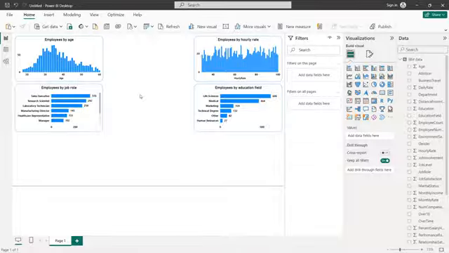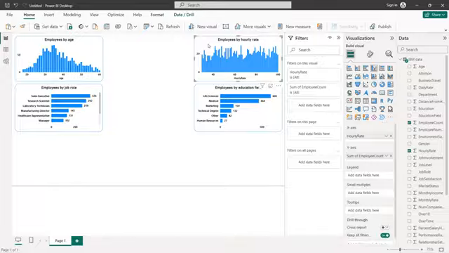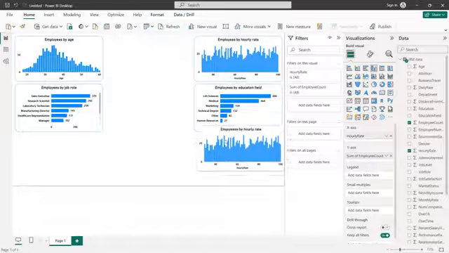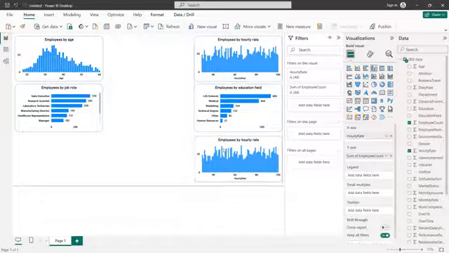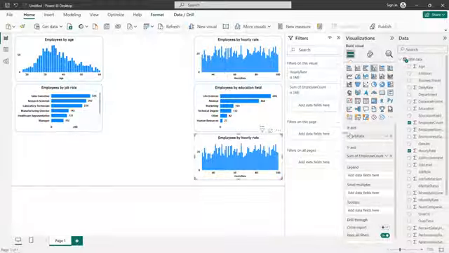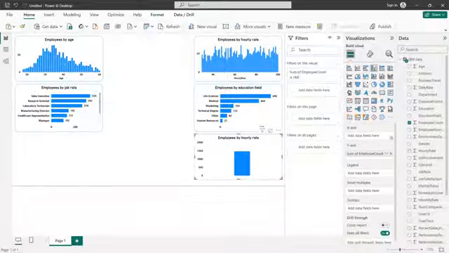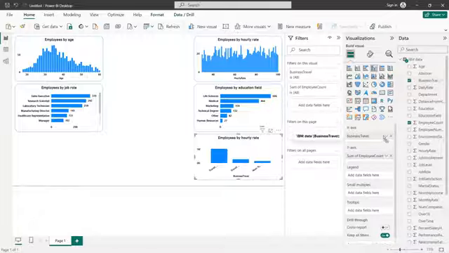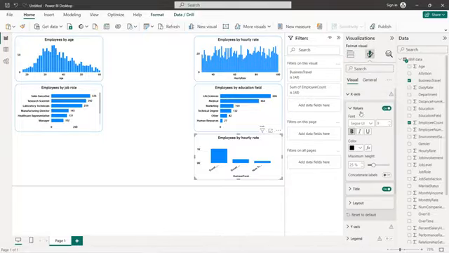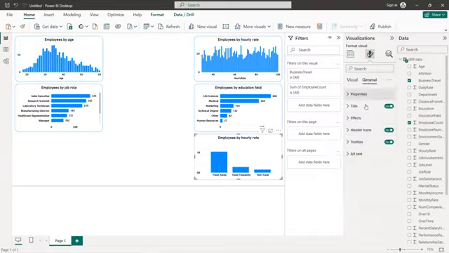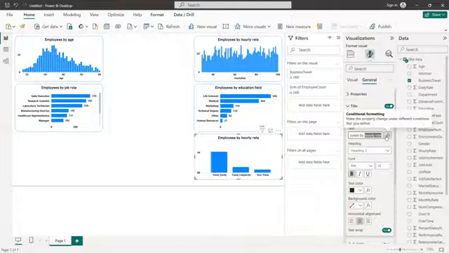Next, we have employees by business travel. So we click on the first one, we copy paste, we can put it in here. Okay, and we remove hourly rate, we replace it by business travel. Okay, so for the title on the x-axis, it will be off. It will be also for the font, put it as 8. Same thing, we change the title, so we have employees by business travel,